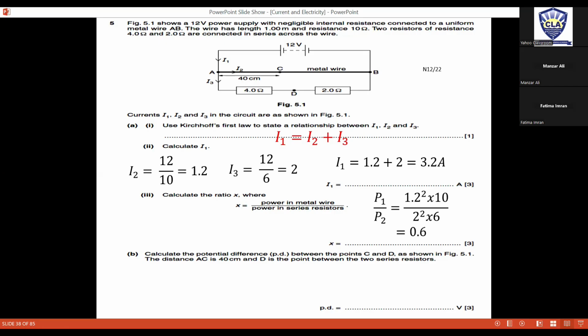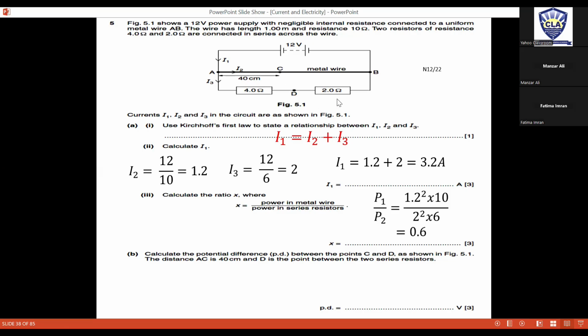जब मैं पोटेंशियल डिफरेंस की बात करता हूं कि C का पोटेंशियल क्या होगा, तो आपने ये देखना है कि C से आगे जो वायर है उसके अक्रॉस कितनी वोल्टेज है। अगर ये 40 सेंटीमीटर है तो इसकी रेजिस्टेंस 4 ओम्स है। और CB जो वायर है ये 60 सेंटीमीटर होगी, इसलिए इसकी रेजिस्टेंस 6 ओम होगी। तो जो वोल्टेज CB में डेवलप हो रही है वही C का पोटेंशियल है।